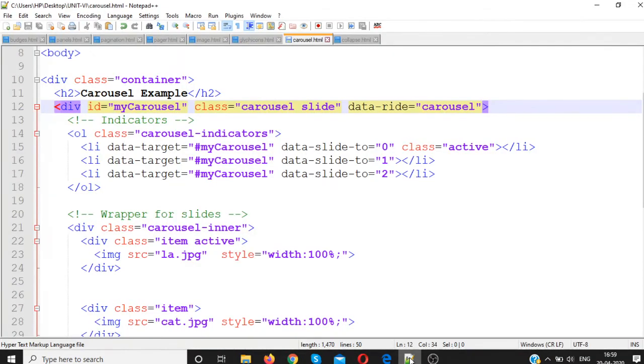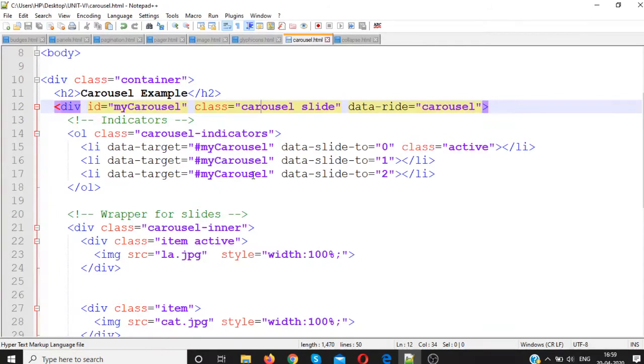The indicators are specified in an ordered list with the class carousel-indicators. Now we add the list items, and the data-target attribute points to the ID of the carousel, so we have given the IDs here.